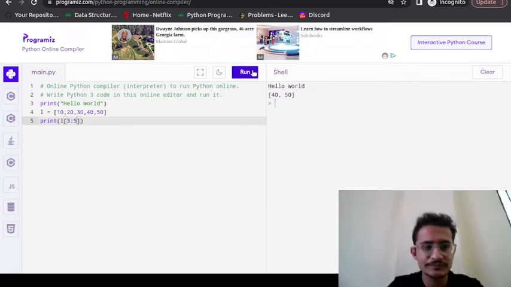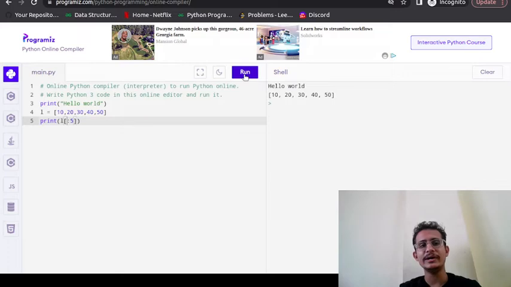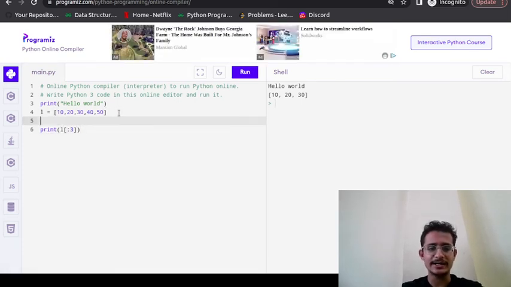Now suppose you are not giving the start point, suppose instead of 3 you left it blank, it will print from the starting till the given index. Let's say I want to print till 3, so it will print 0th index, first index and second index. Let me write all the print statements, so it will be helpful to you at the end.